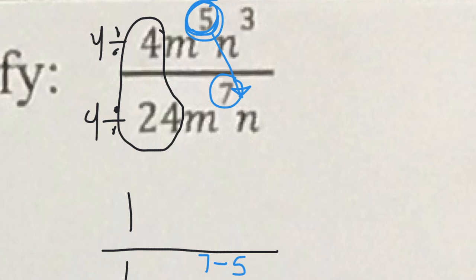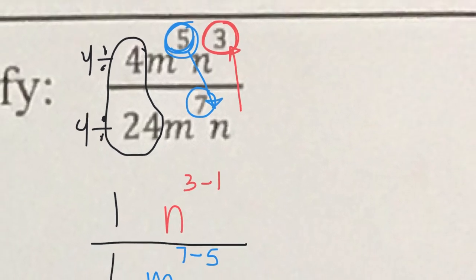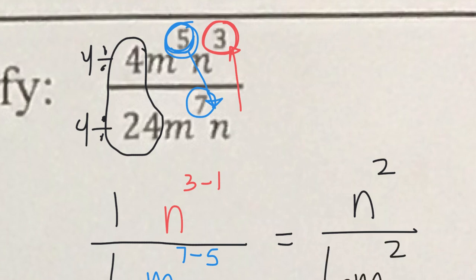And then for n, which one has the bigger power, the top or the bottom? The top one does, 3. So we're going to bring this n power up to the numerator. 3 minus 1. Okay, so we're going to take your variable to wherever the quantity is larger. So m to the 7th is larger than m to the 5th, and n cubed is greater than n to the 1st. So we have n to the 2nd power, or n squared, on top, and